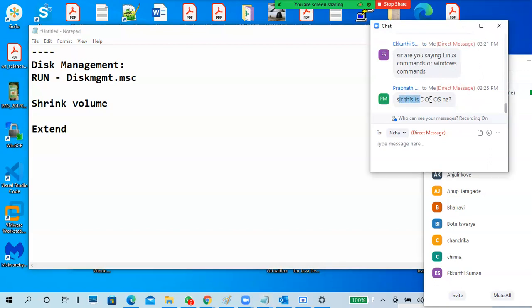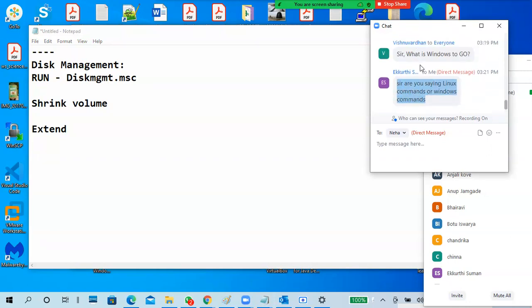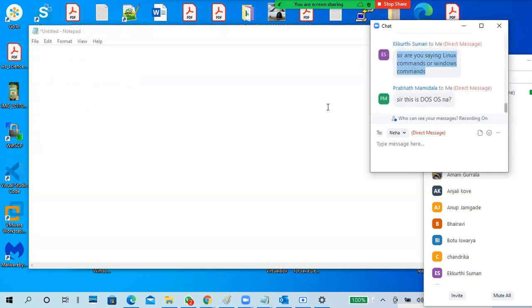One question: is DOS an OS or not? What is Windows To Go? I will text it, post it again, one second. Put it in everyone mode, then I will understand.